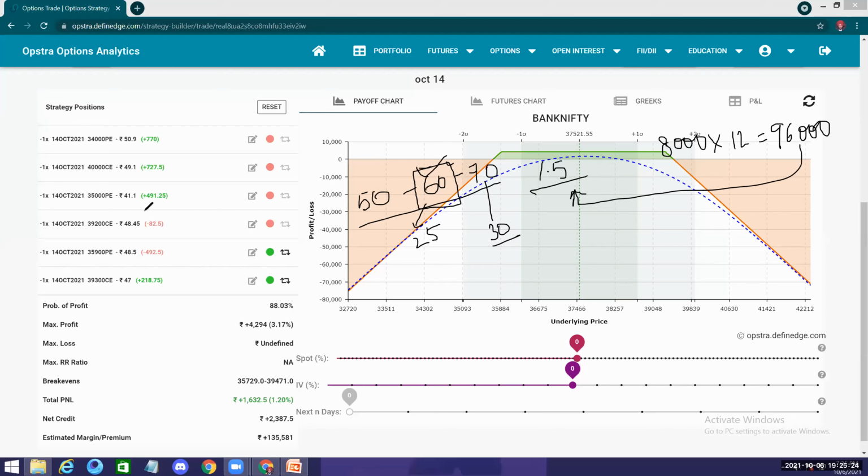Your position should always be hedged. Once you are in a hedged position, unless there is some kind of nuclear explosion or a war-like situation, usually you will not end up in losses. These are very safe strategies which can give you very good returns.